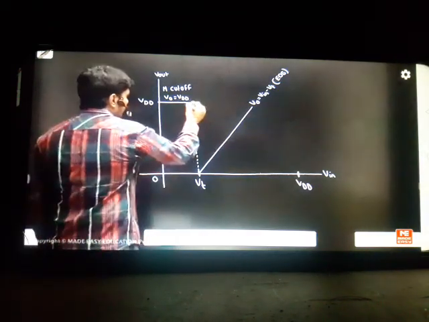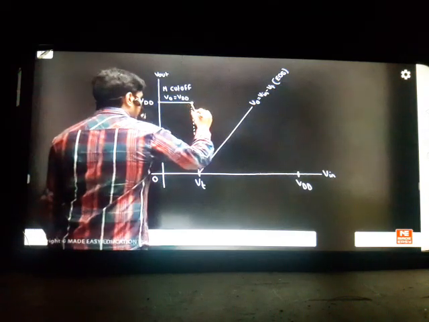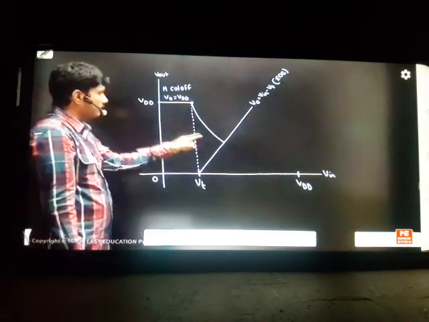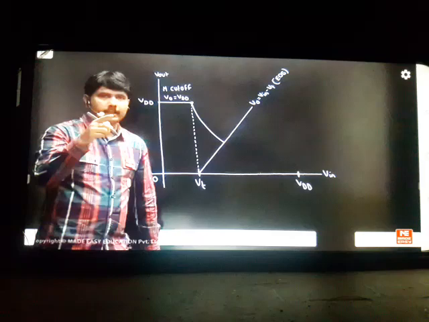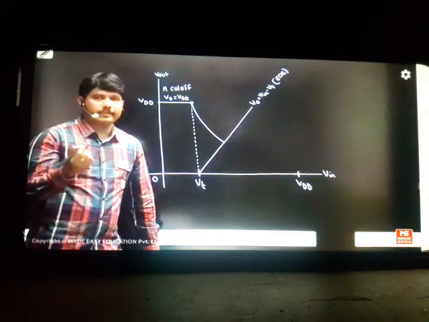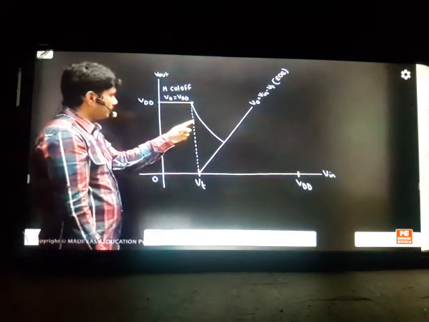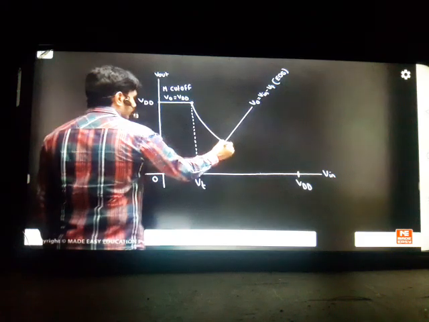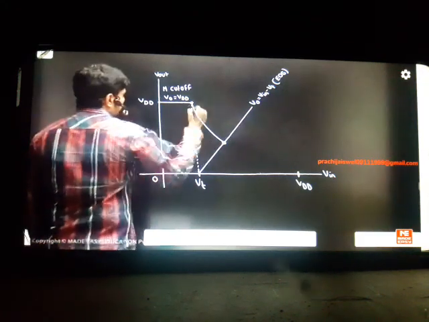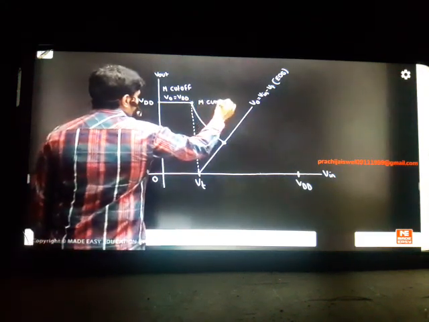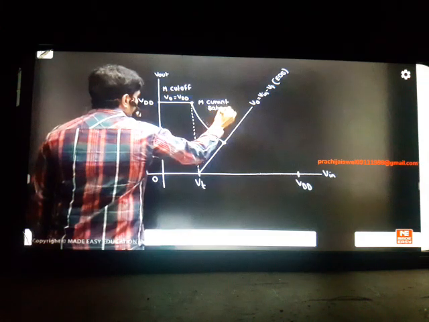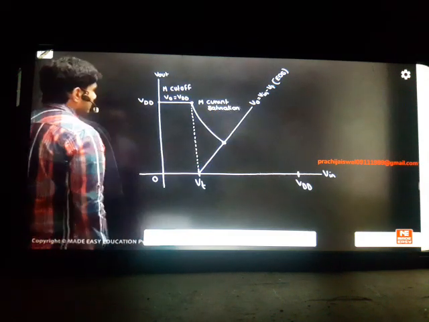So the voltage is falling here non-linearly, like a parabola. Because it's a parabola equation, this is called current saturation behavior at output. Your output is just falling like a parabola, because our equation is Kn into (Vin minus Vt) whole square. So the output will fall like this. But when it touches this line, your current saturation is over. So here M will be in current saturation in this region. Your M is in current saturation.